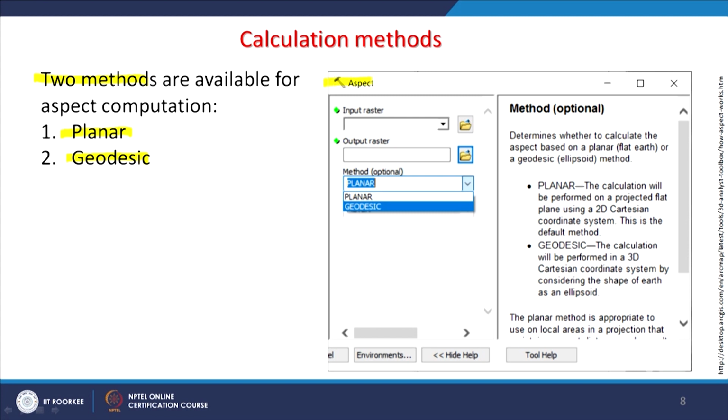So, as soon as you go for this aspect calculation tool, these two options are available to us. You only have to provide an input raster, you have to provide where the output raster would be located, and then you provide either one of these methods. By default the planar is there. Help is always available, should be available in all good softwares.